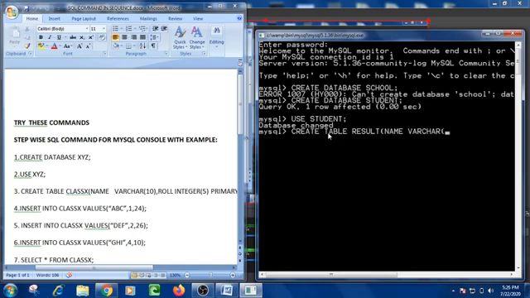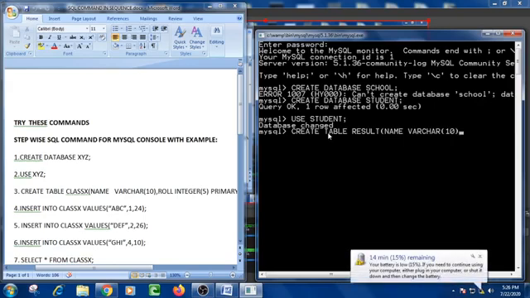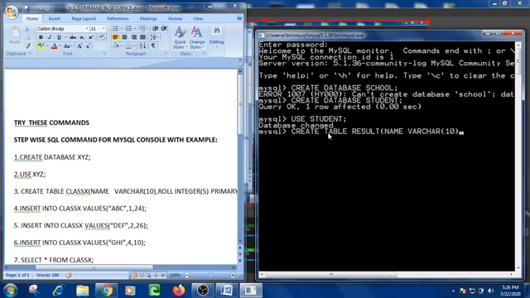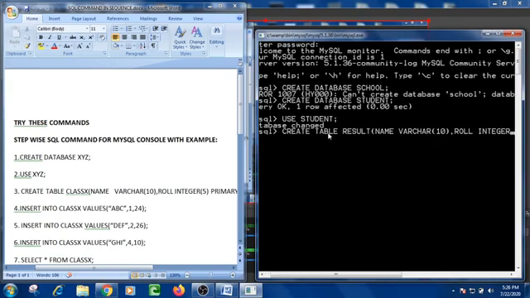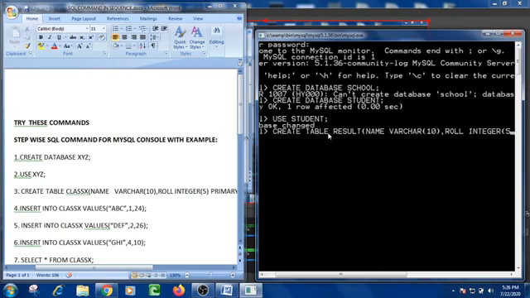Suppose that I had also defined, I am also going to define the length of the data field. Then again give the comma marks, comma must be there. Then roll, it's integer with the value with the length 5.